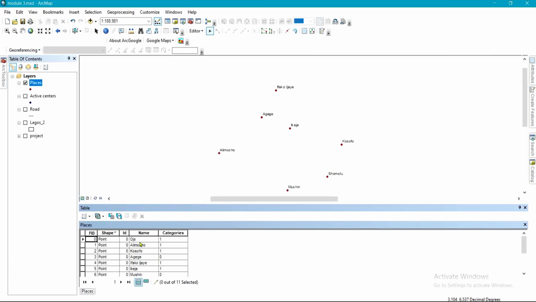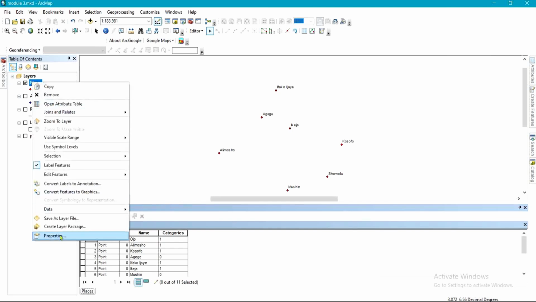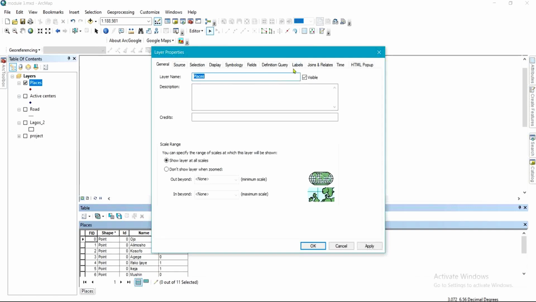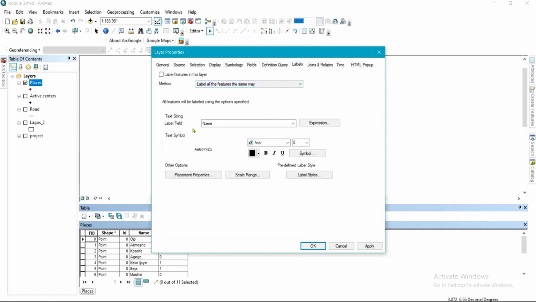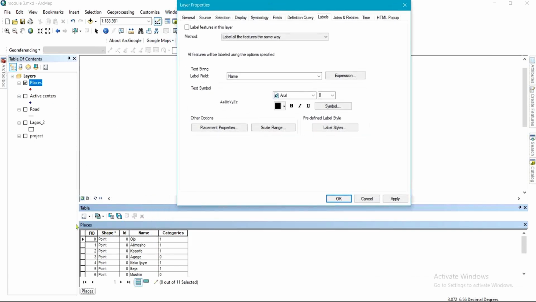In the cases whereby you want to specify the labels the software should use for your labeling, you can further come to the places and you right click, you click on properties and you come to label here. And under the label now, you can see label field. As you can see now, these are the fields under the label. So you can be the one to specify the names that you want the software to label for you, either the names, either ID, categories. So let me click on categories